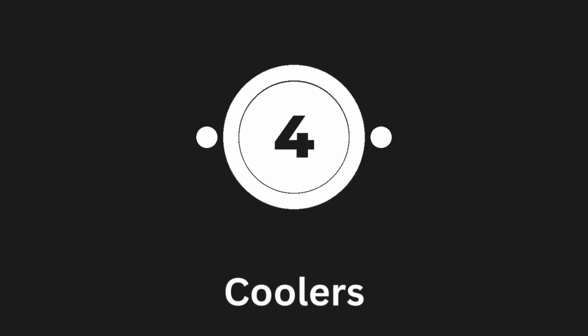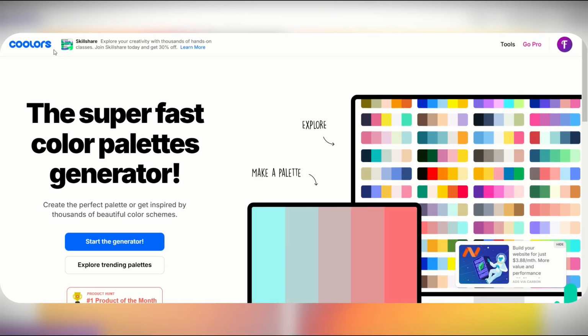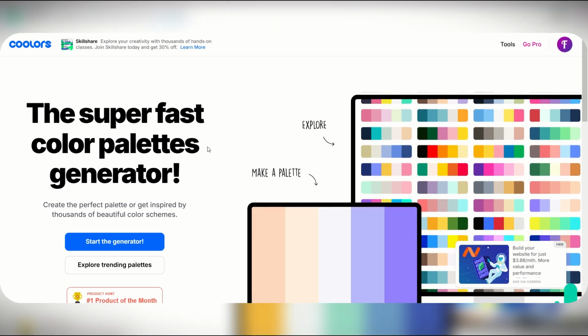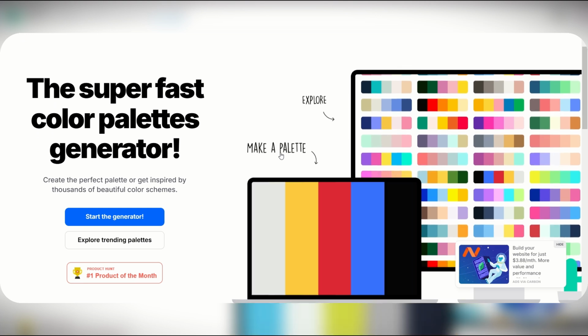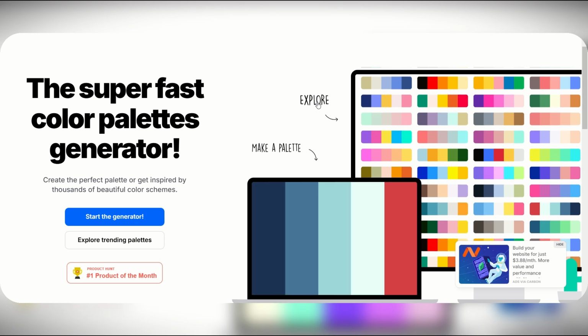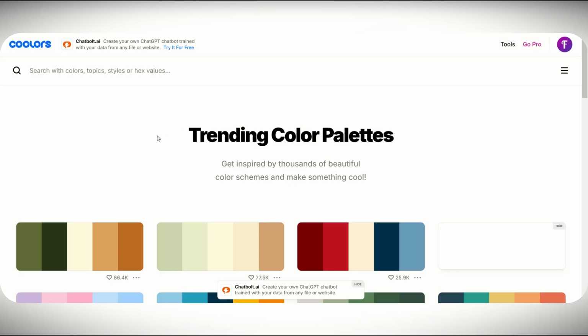Moving to the next, the fourth is Coolors. So this is coolors.com, and from here you can either make a palette or a random palette or explore the trending palettes. And you can then copy their links or color codes and then embed them in your own shapes and templates. So let's just click on explore, and from here it will take you to a page